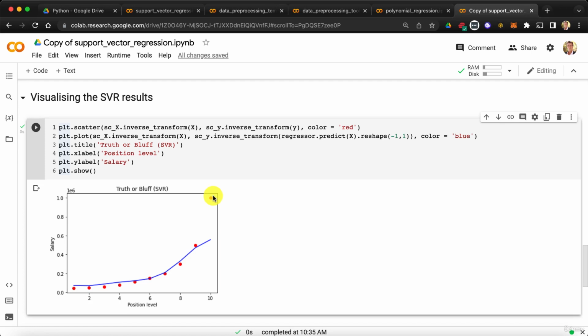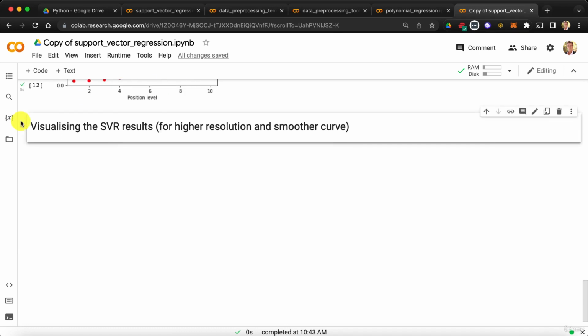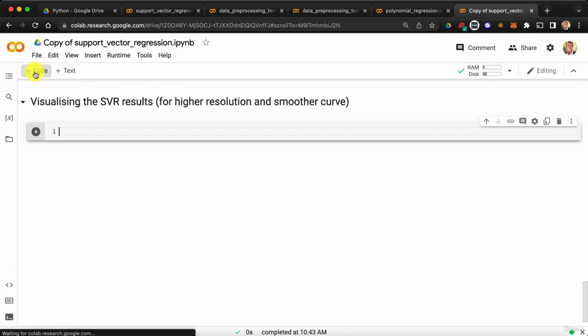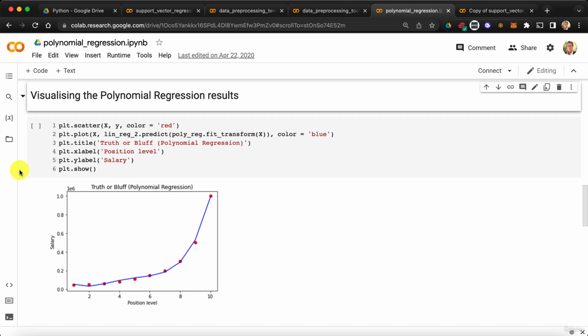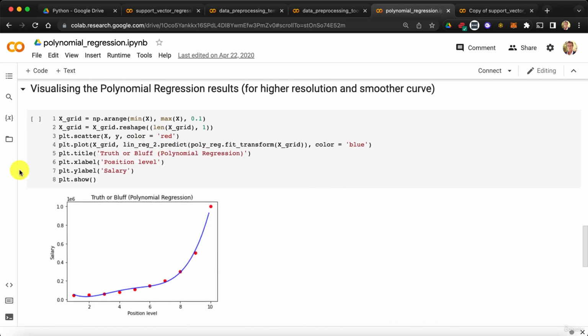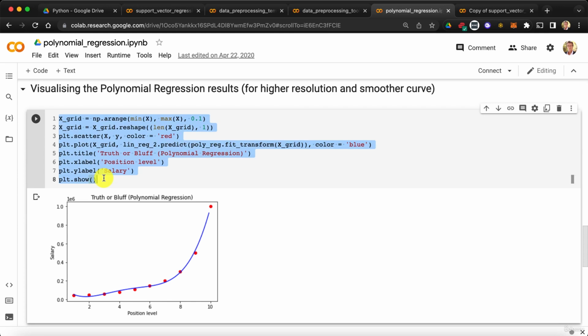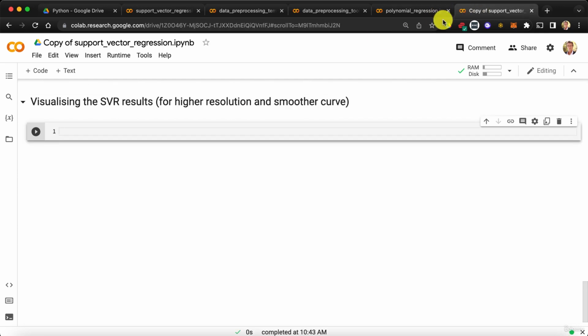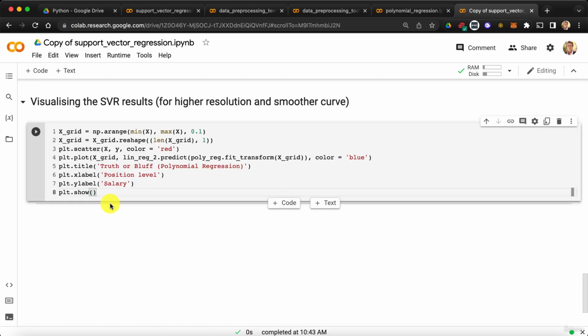Okay, so now let's quickly do the same for the SVR results in high resolution. So here we're going to create a new code cell. And again, let's do it efficiently. We're going to go to our polynomial regression implementation, scroll down here to find the code for the high resolution, select it, copy it, and go back to our SVR implementation, paste that here, and now again, let's see what